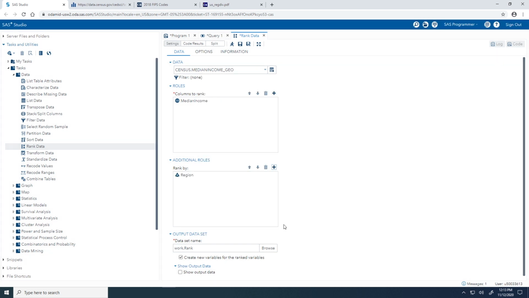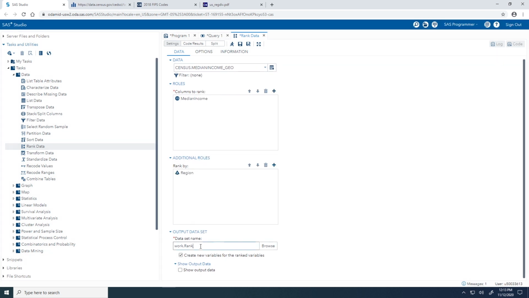Let's modify the name of the output table. In the dataset name box, I'll type in census.medianincome_rank. You'll notice this option, Create New Variables for the ranked variables. I'm going to make sure that is selected. This specifies that the output table that we are creating will contain the original column as well as the ranked column. Moving on to the Options tab,